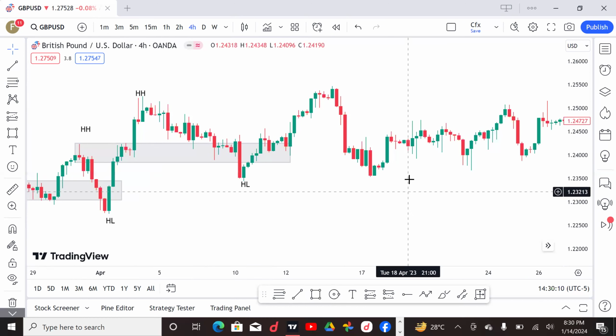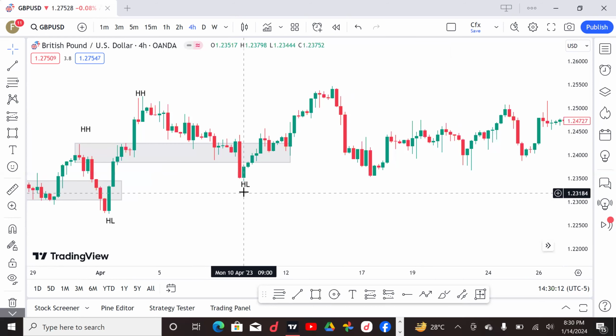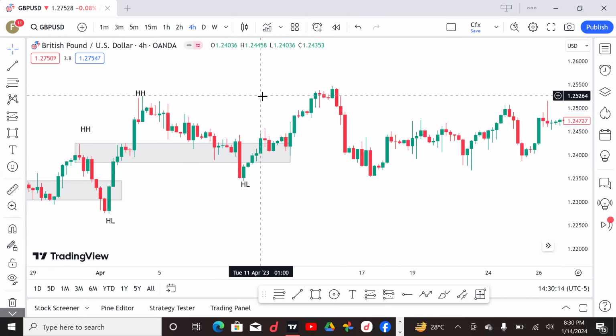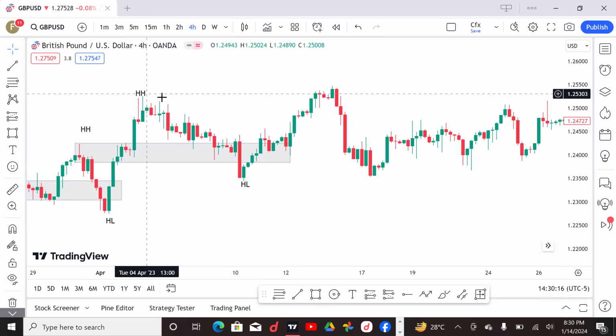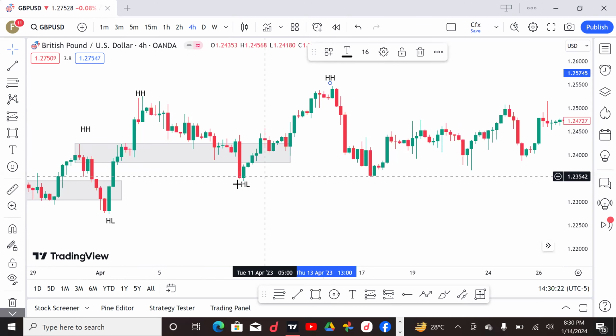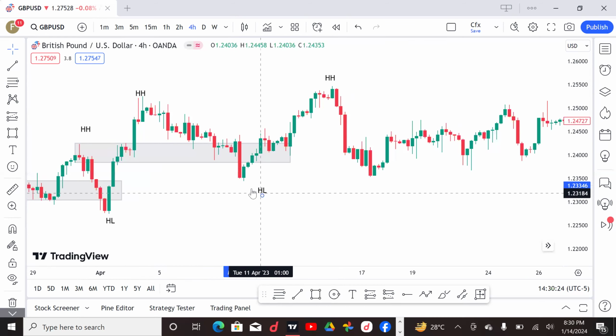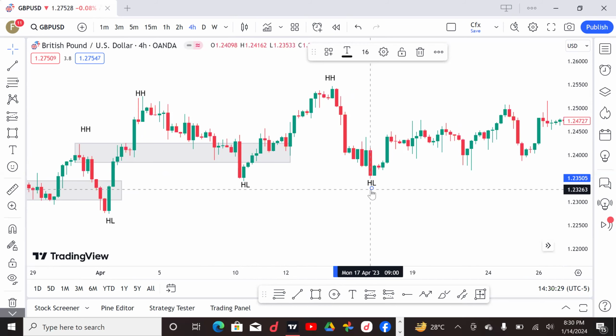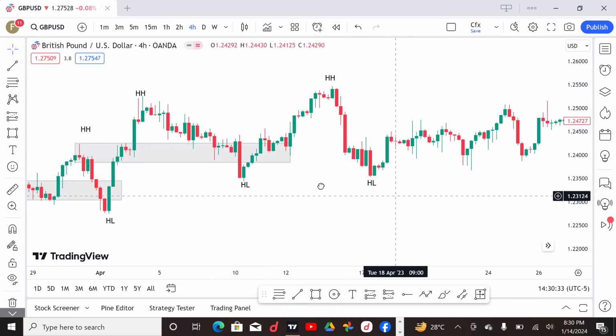So look at what happened here. We have this price rally up again and broke this higher high, giving us a new higher high, right? And we have our lower low right here. We got our lower high, our higher high, because for now this is a higher high before any